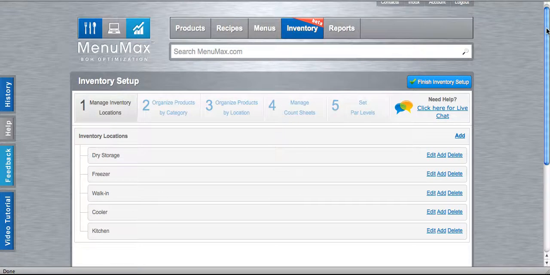Now, this inventory setup process is 5 steps. It is a one-time process, but at any time you can come back and manage your inventory and change how things are set up. So it is not set in stone if you want to make changes later down the road. So step 1 is manage inventory locations, and here is where you will set the locations as it applies